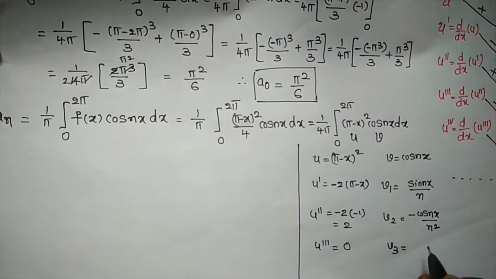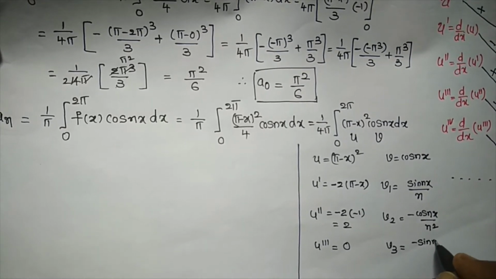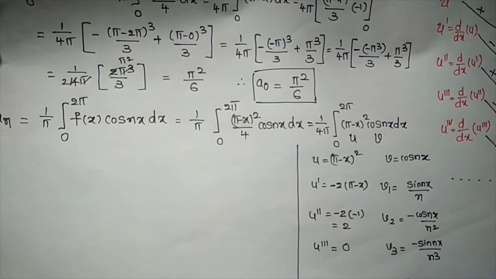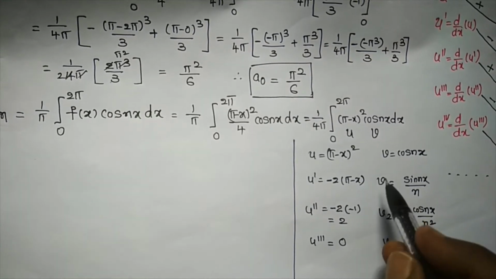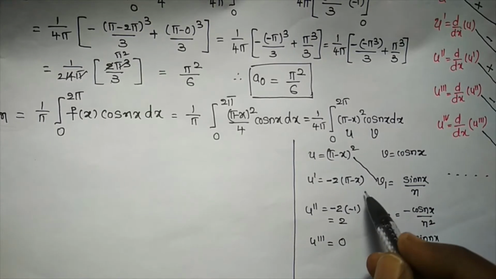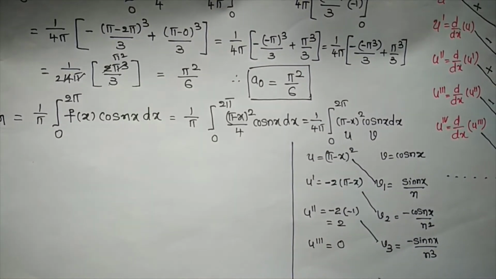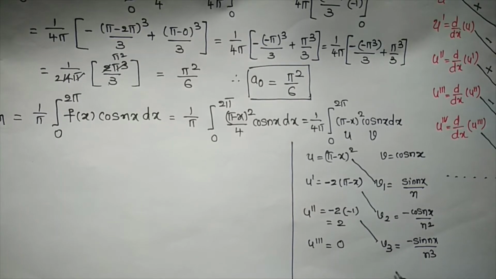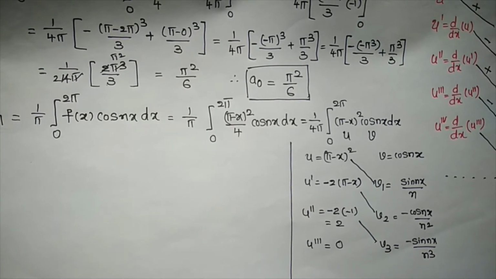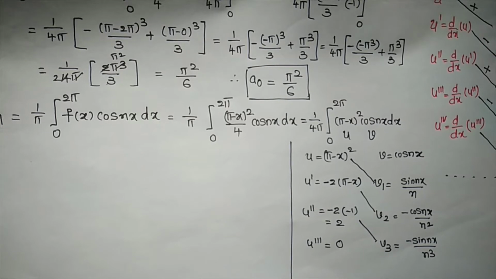So sorry, v3 is the derivative of this one: minus sin nx by n cube. No need to find v4 actually. So this is the combination: u v1, u dash v2, u double dash v3. The combination of u triple dash is v4. No need to calculate it because it is multiplying by zero. Now